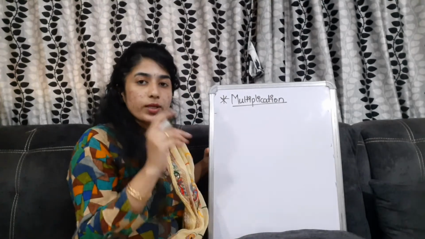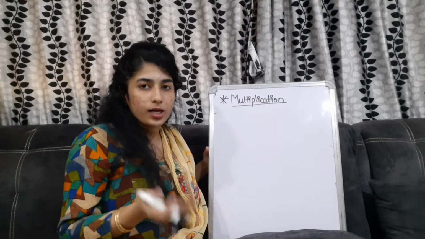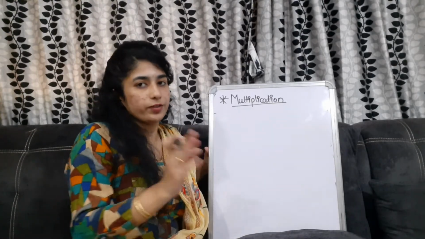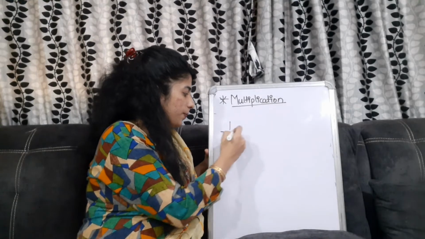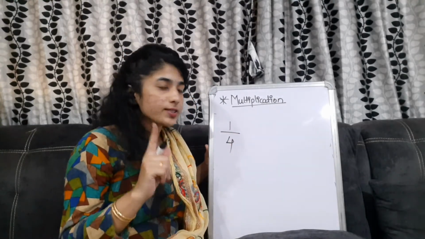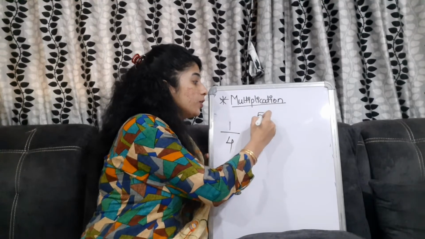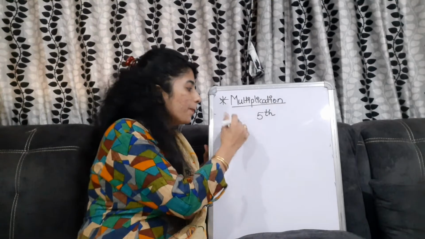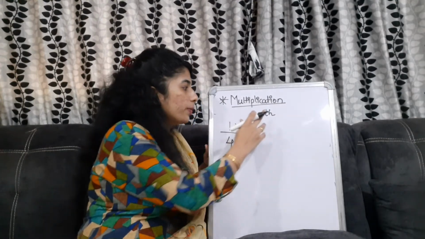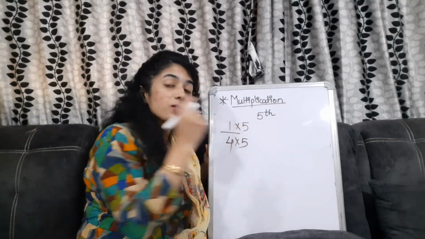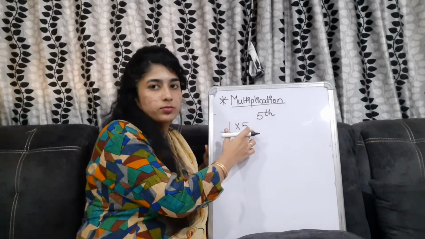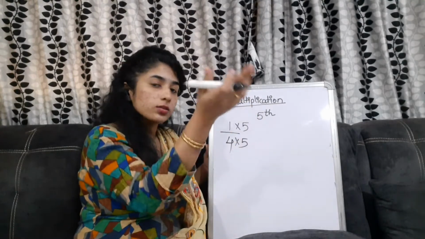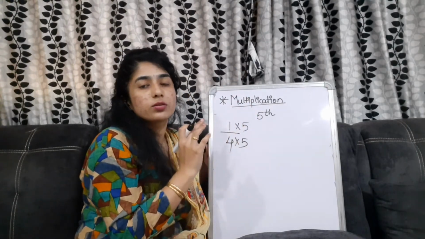Yes kids, there is one thing: sometimes a question can be asked to find the fifth equivalent fraction of the given fraction. For example, I am writing 1/4. The question is asking you to find the fifth equivalent fraction. So what you will do, you will multiply both numerator and denominator by 5. If it is specifying, then do that. If not, then go with any number. If it is asking for the 20th, multiply both up and down by 20.